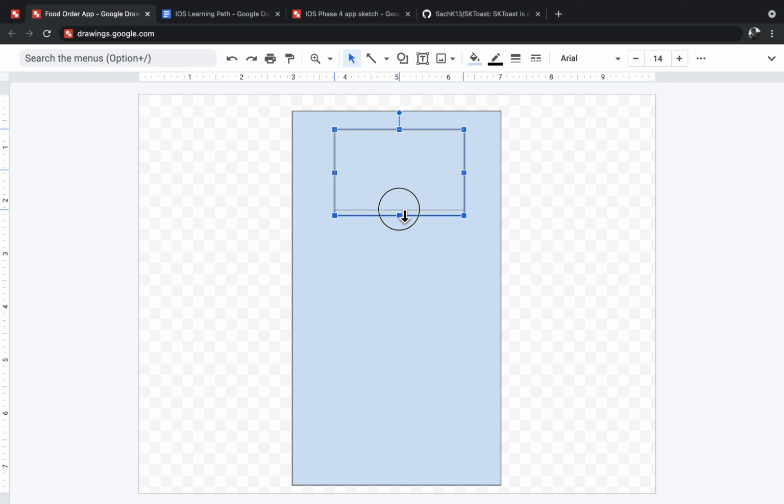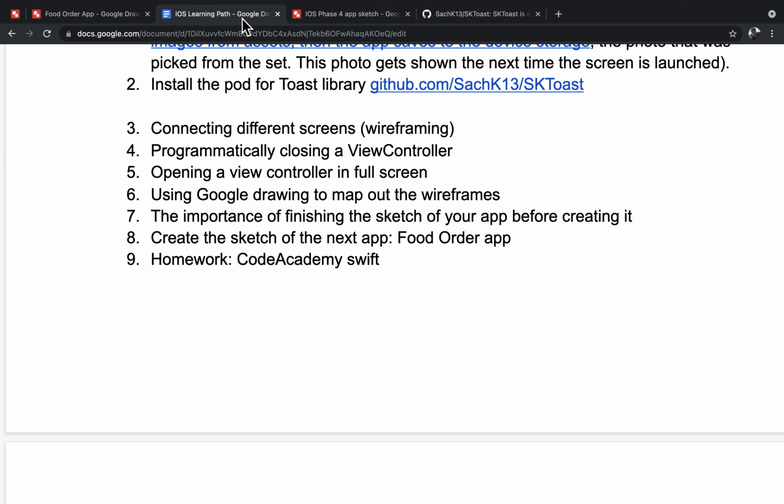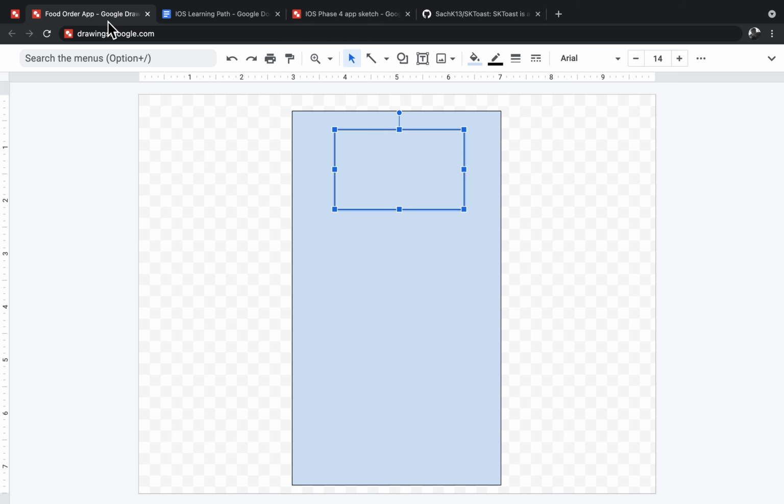So this is just a sketch, just like I talked about. So we're not going to design the app in this phase. It's going to be for the next phase, but this is just a sketch we're going to create before we call it a day. Order total and a